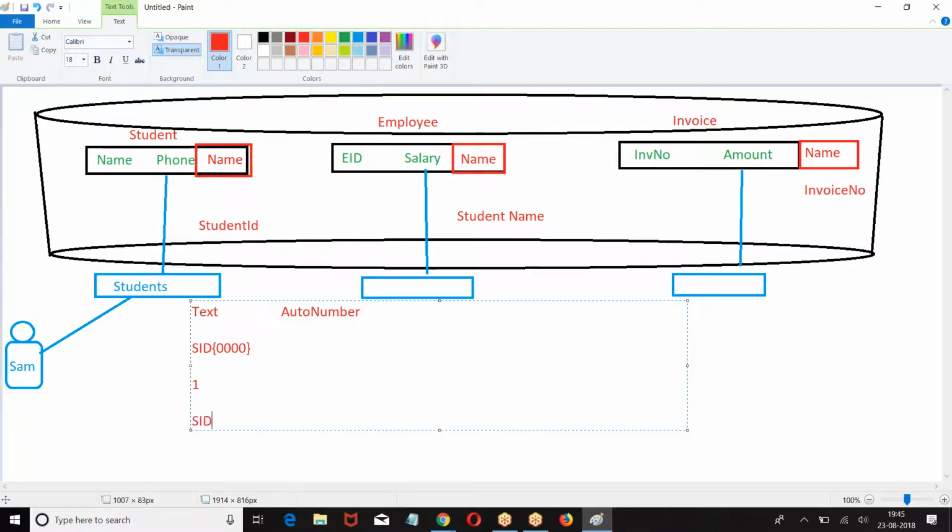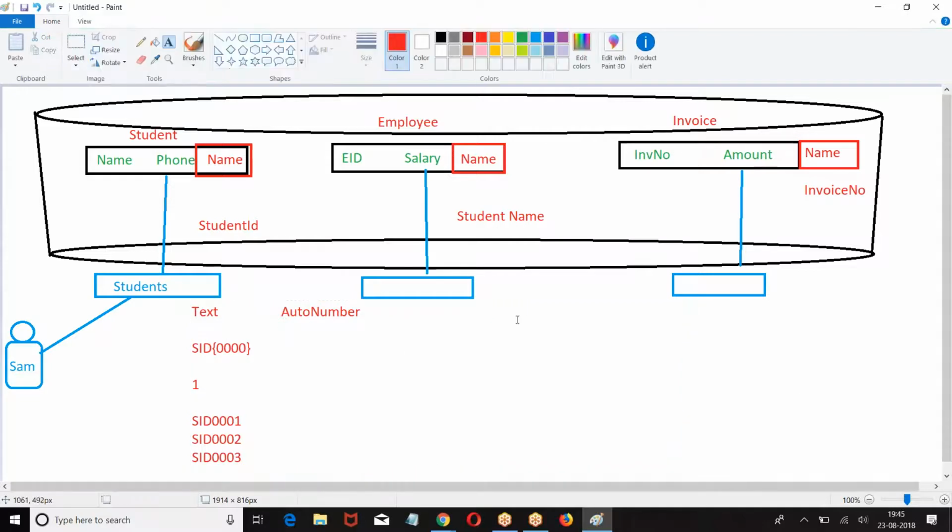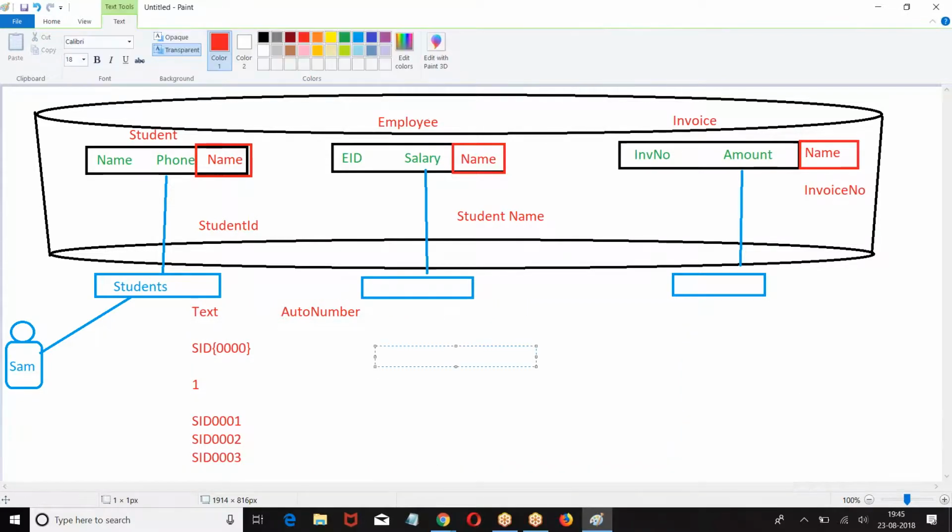So what happened? Whenever a new record is created, we have invoice number. So it is generated.